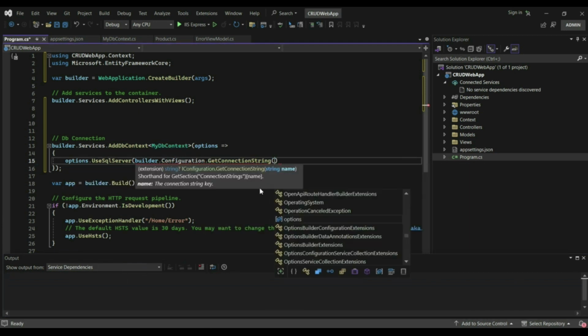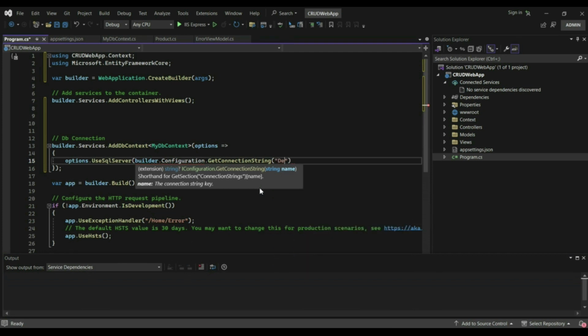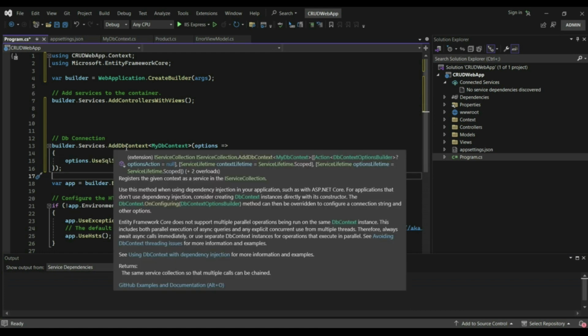Here I'm gonna specify the connection string, which was our DefaultConnection. So this code allows other parts of the application to receive an instance of MyDbContext